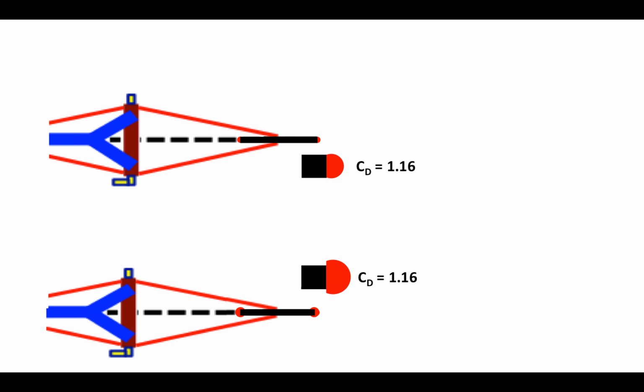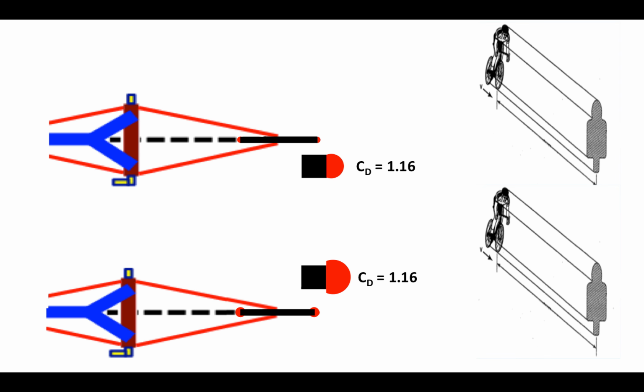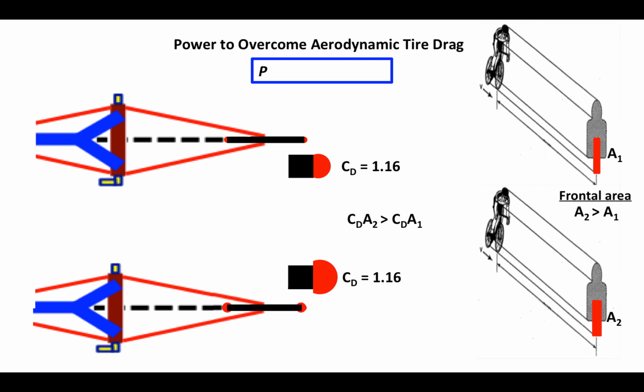These graphics show the riders coming towards us. This represents the narrower tire, and the wider tire here, we'll call that area A1, this area A2. Obviously, the area of A2 is greater than the area of A1, and the drag coefficient is the same in both cases, so that the product of the drag coefficient times A2 is greater than the product of the drag coefficient times A1. We're going to calculate the power necessary to overcome aerodynamic tire drag, and we can get that